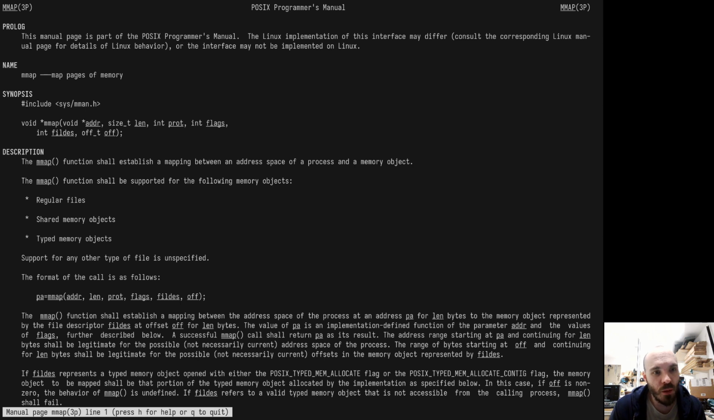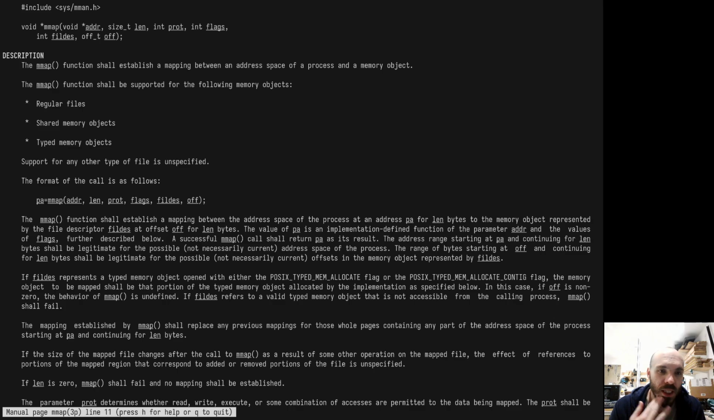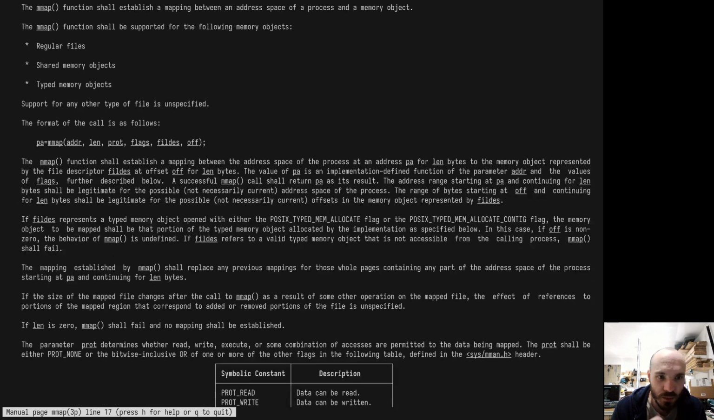Shared memory, type memory, regular files. Establish a mapping between the address space of the process at address PA for length bytes to the memory object represented by the file descriptor. Fill this at offset off for length bytes. The value PA is an implementation defined function parameter address. The one thing with mmap I understand is you could basically say I want tons of memory, and then you could only commit to a smaller number. I don't know if I'm going to do that here, but